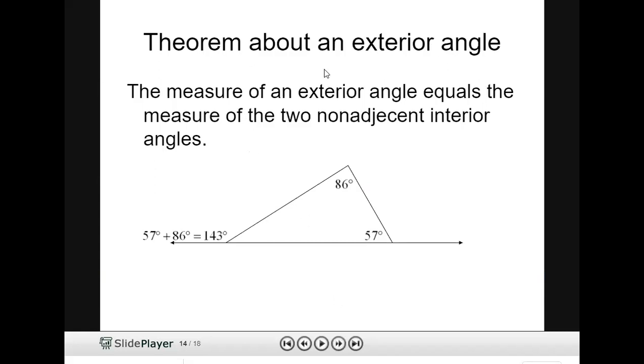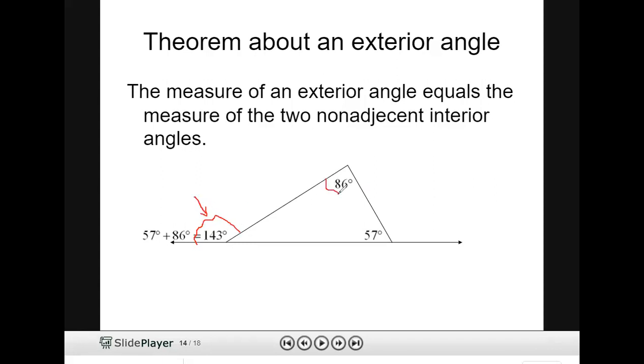Theorem about the exterior angle. The measure of an exterior angle equals the sum of the measures of the two non-adjacent interior angles. When we look at the angles inside the triangle, we can call this one an interior angle. And also we have an angle in the exterior region. So the measure of the exterior angle